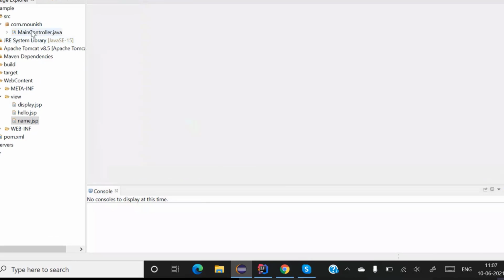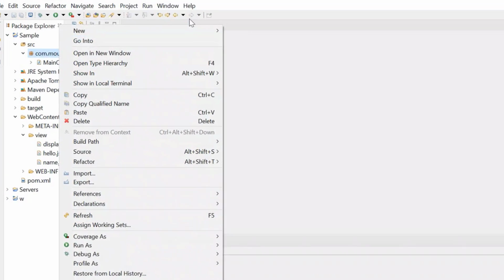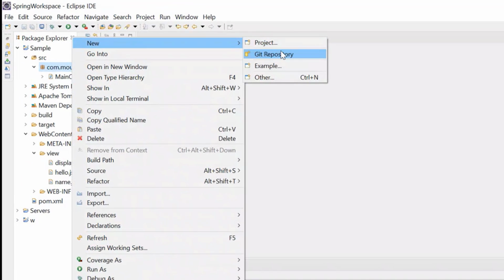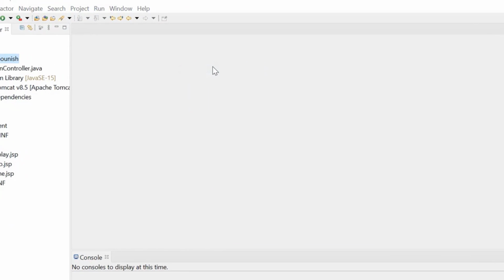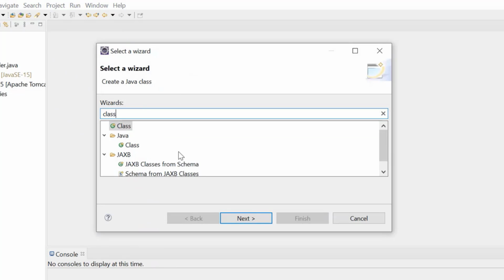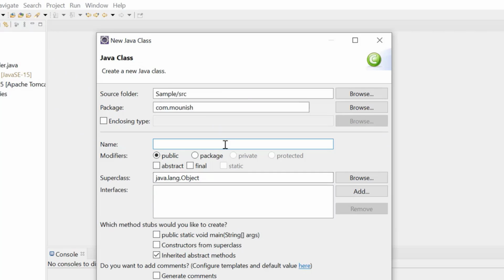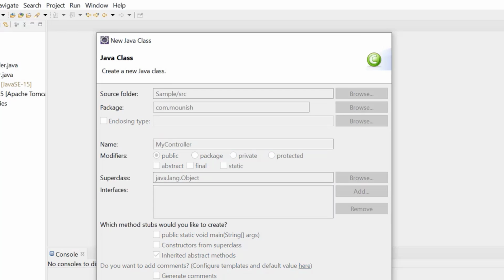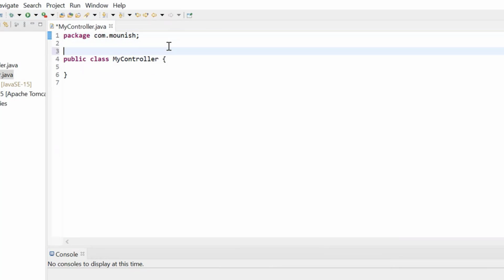Okay, now inside this, let me create a new Java class. Let the name of the class be MyController. Obviously this is also a controller, so let me make this a controller first.